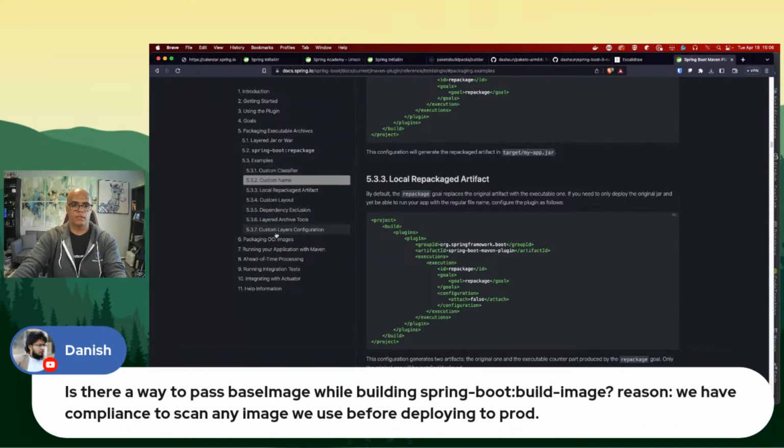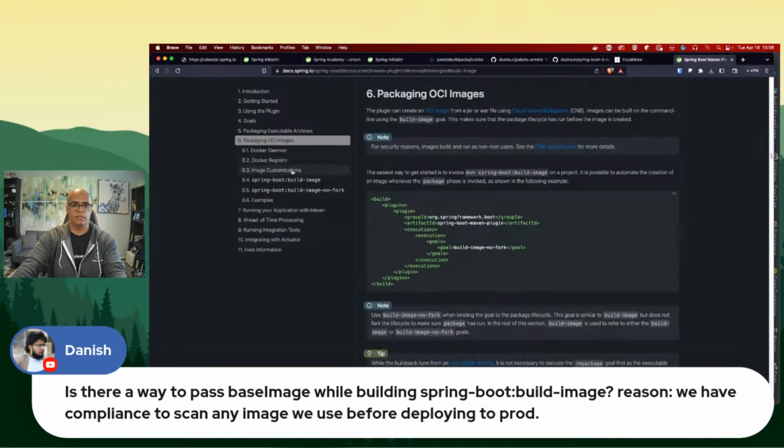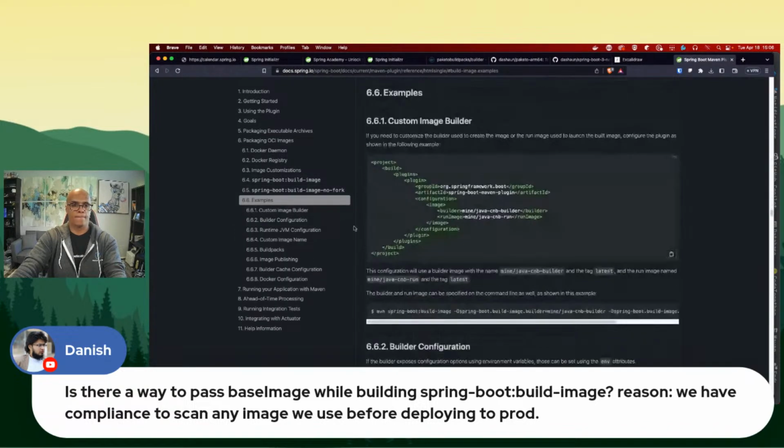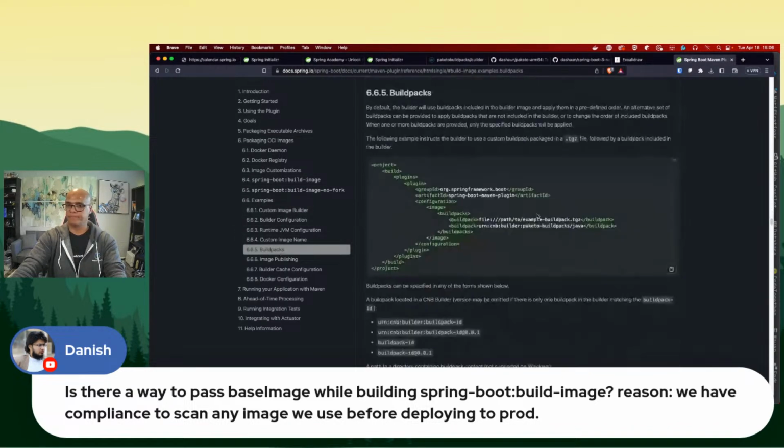Is that the one? Let's do this one. Build packs. So I don't just have to pass in a builder. I can also pass in build packs. And I can say, hey, I want to use this pack and this pack. So in that list